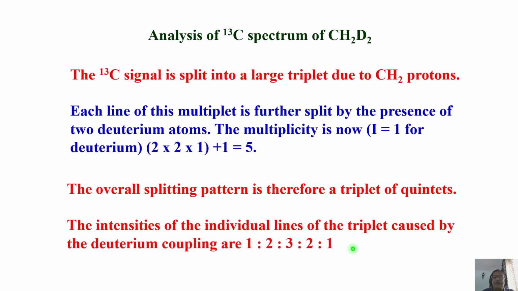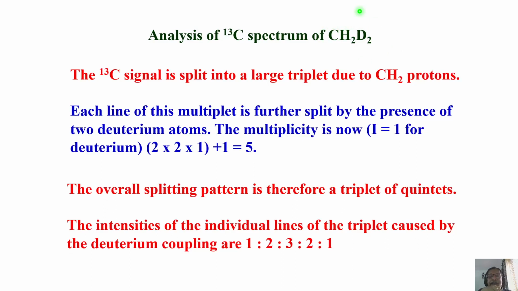Very interesting, right? It's a simple molecule, remember. Now I can also ask a question. What happens if I look at deuterium? Let us take the example. I looked at the proton spectrum. I looked at the carbon 13 spectrum. Now I am going to look at the deuterium spectrum. What do I get?